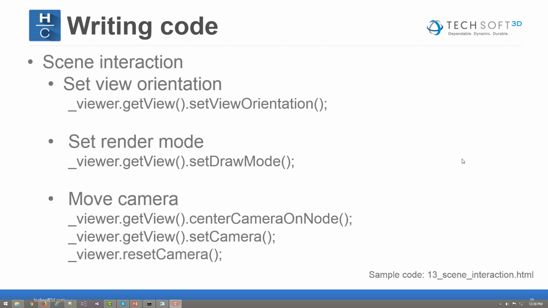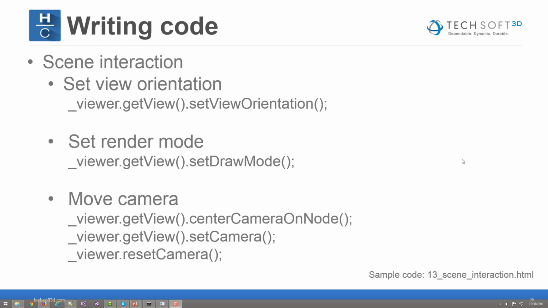Setting the render mode. So this is an important one. The render or draw mode defines the overall visual style of Communicator. So we support just a standard shaded view. We also support a wireframe view, or an only render faces view, or we support hidden line mode also, which gives you a matte background and then will display certain edges to give the view more of a look as if it was a